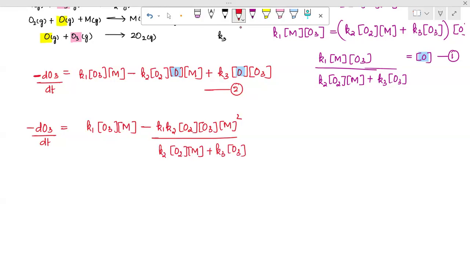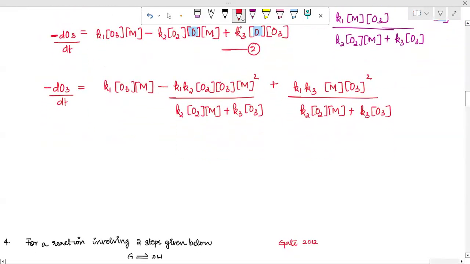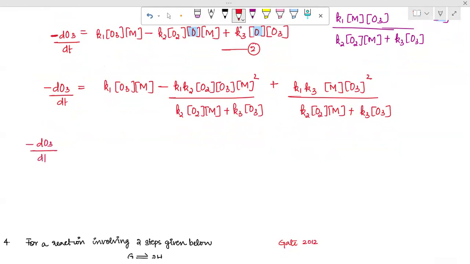Okay. Now in the final term also you have to plug in the value. So this will be K1 K3 M O3 to the power 2 divided by K2 O2 M plus K3 O3. Okay, now you have to take the LCM. In the second and third term, the denominator is the same. You have to make the same denominator appear over here as well. So we'll cross multiply. Minus dO3 by dt is equal to